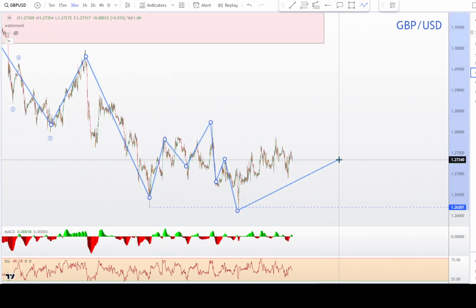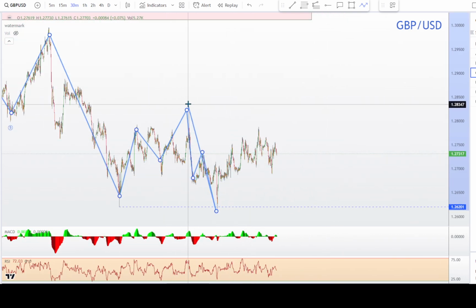a diagonal. So this is like A, B, and then this could be C right here. It looks like there's 1, 2. Actually, no, I think this is a running flat here. Yeah, down, up, down. So I think that's 1, 2, 3. No, but they broke that low. So this could be 1, 2, 3, 4, 5, but it looks like a diagonal, but